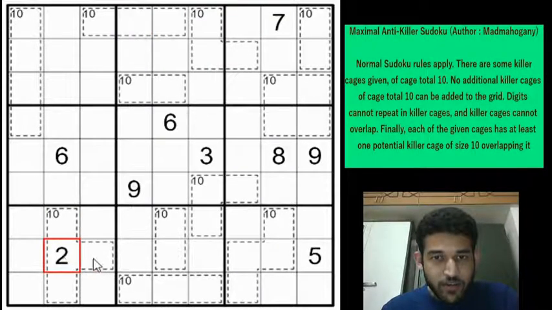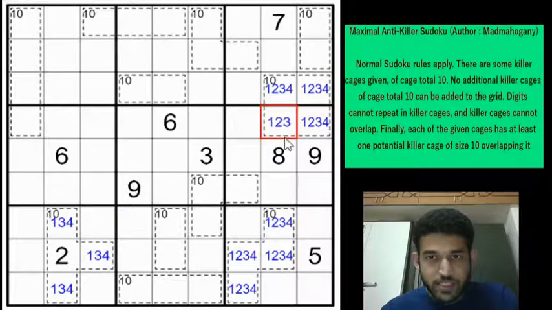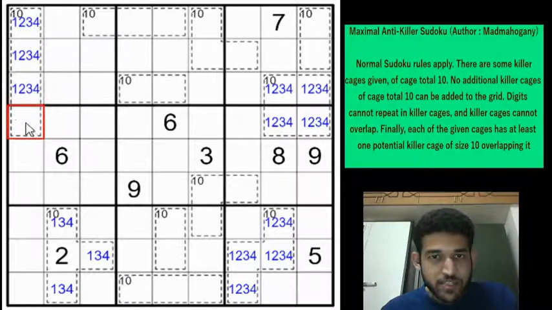Looking at box 7, we have a 10 cage with 4 cells, right? So there is only one way to satisfy a 10 cage with 4 cells. You can use only 1, 2, 3 and 4 exactly once. There is one more cage with 4 cells and the total is 10. Actually, the total is 10 for all the cages. So there is again a 10 cage. We can just pencil mark them. And finally, there is one cage with 4 cells and we can just write the possibilities in those digits, in those cages. Now there are no more 4 cell cages.